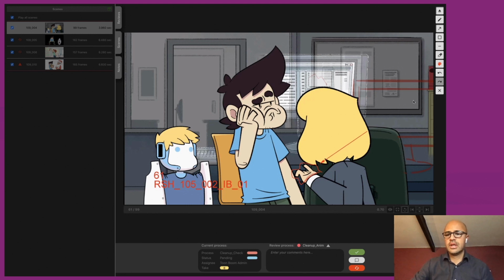You can erase something. You can undo something, you can redo, you can even change the color of your annotation to a different color like that. And that annotation is now an attached file that will go together with your comment.